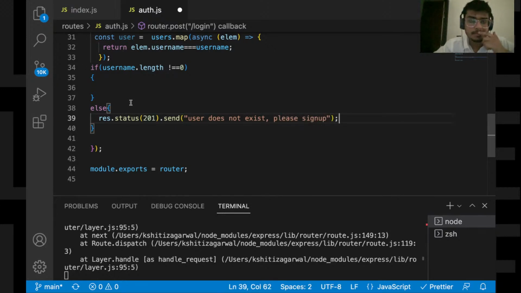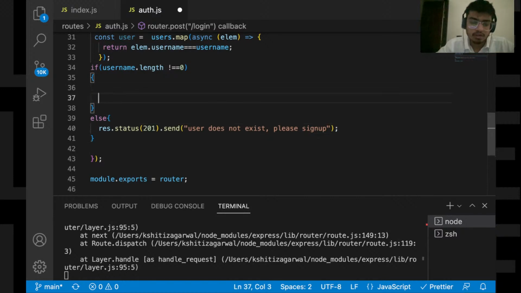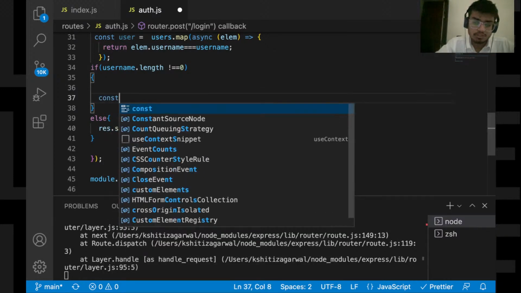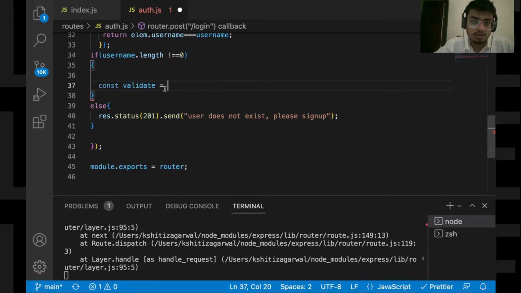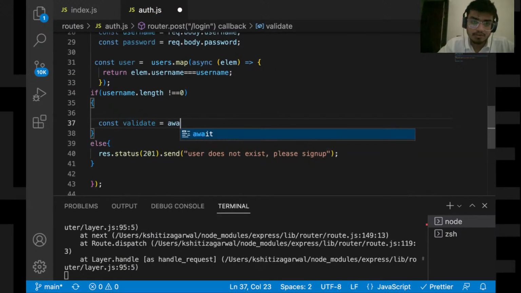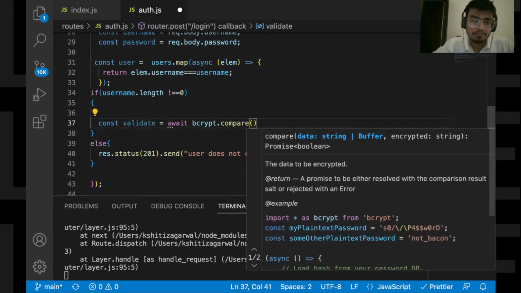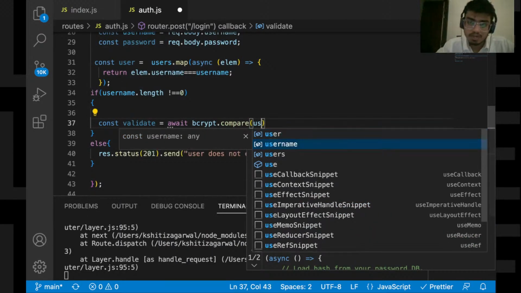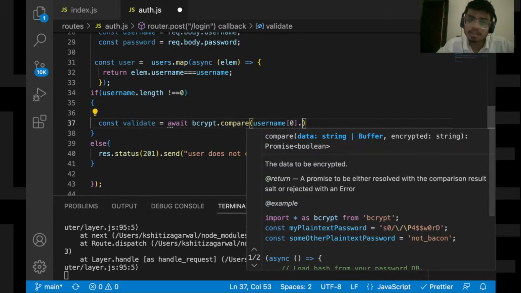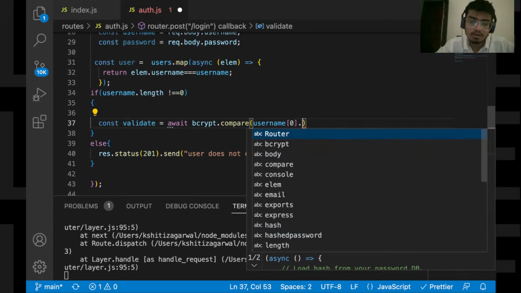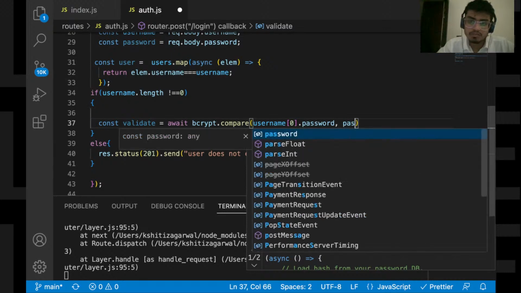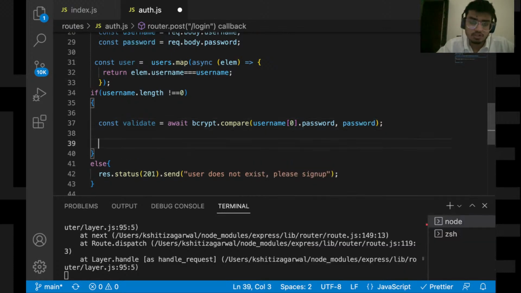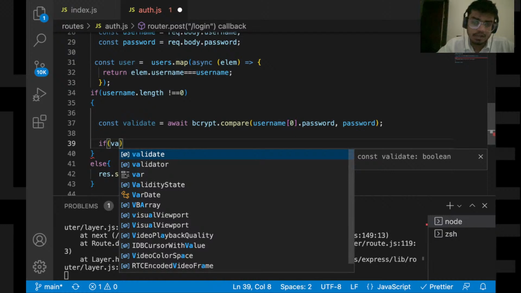Otherwise, const validate is equal to await bcrypt.compare, user at 0, it will return an array, so .password, comma, with password.